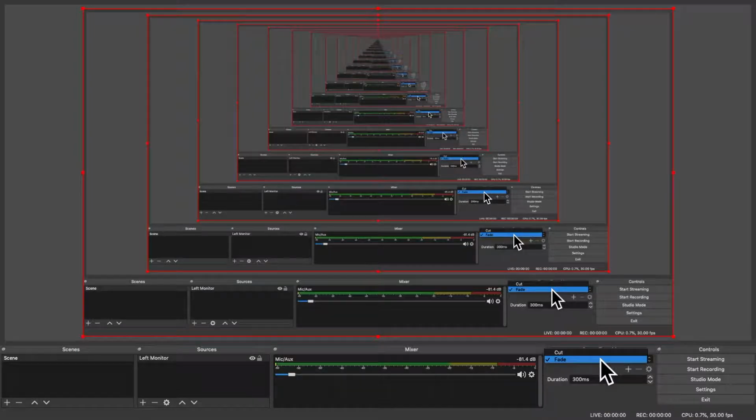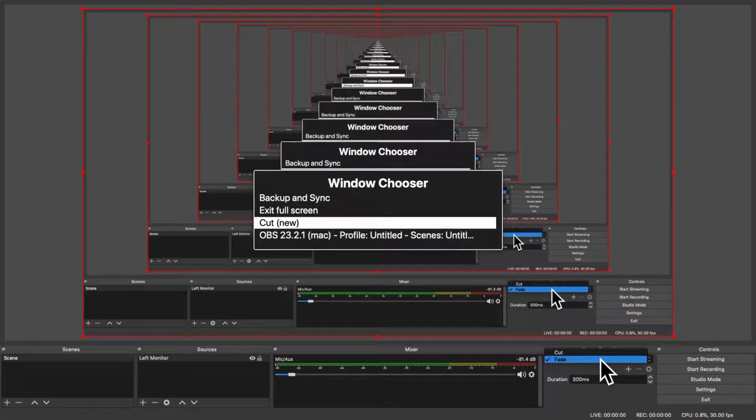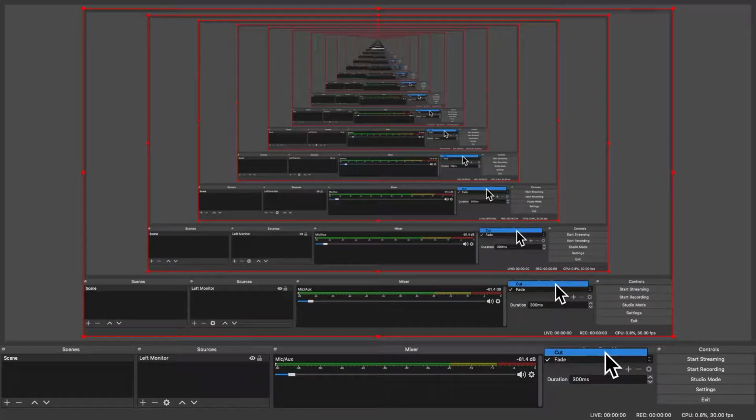it doesn't do anything. So, if you open your window chooser, which is Control-Alt-F2, there is an option called Cut Window. Now, the reason it's called that is because once you click on it, you'll notice that the first thing in this window is a piece of text that says Cut, and the second one is Fade. These are the two options that are in that menu, and if you want to click them, you